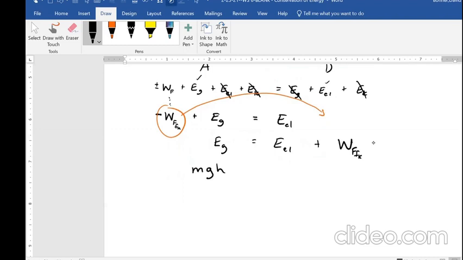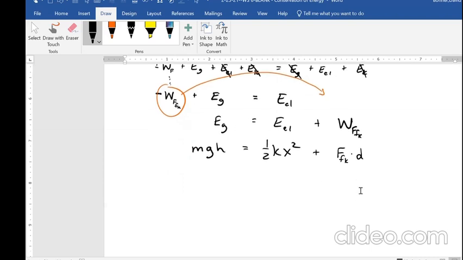Gravitational energy is equal to mgh. Elastic energy is 1/2 kx squared. And then this wants to know the force of friction. So work done by the force is equal to that force times the distance over which it acts, which would be D. It's not over the entire distance. It's only over from B to C. And subbing in values,